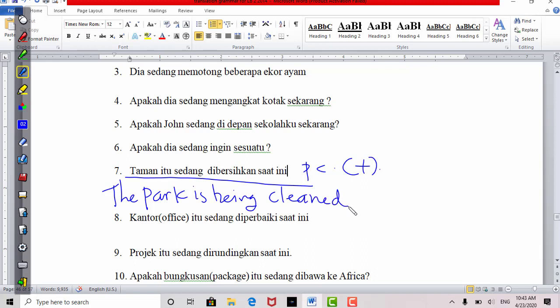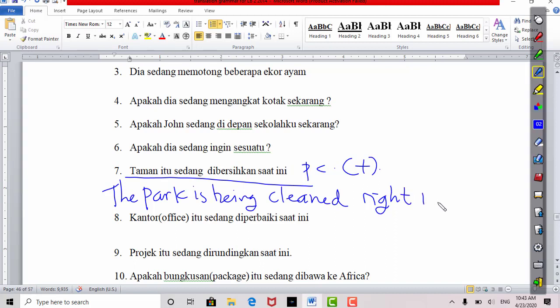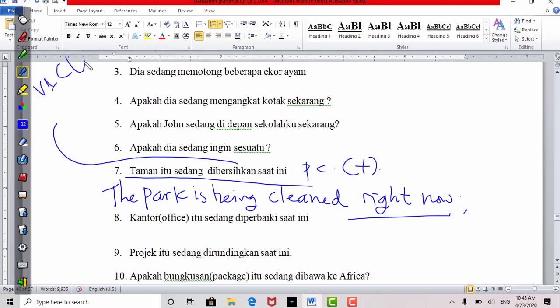Alright, look at this one. Taman itu sedang dibersihkan. Dibersihkan, the verb 1 will be clean. Alright, and then verb 2 and verb 3 will be cleaned. That's why I use cleaned here as verb 3. And this one is pattern C. The park is being cleaned right now. So this one is for pattern C. You are going to see later some questions using pattern A, pattern B, and pattern C in present progressive tense. Again, this pattern C will be the last pattern in present